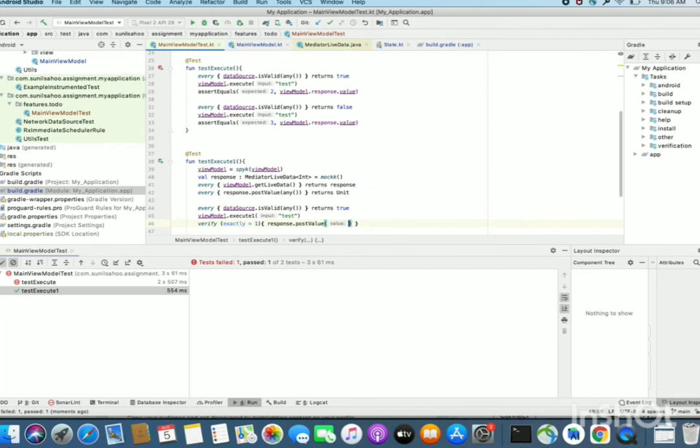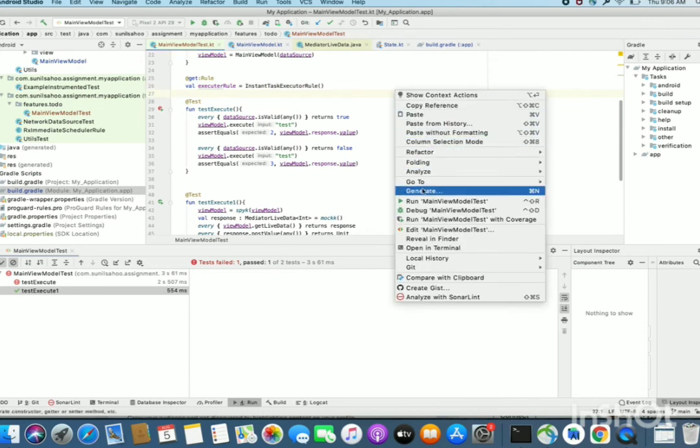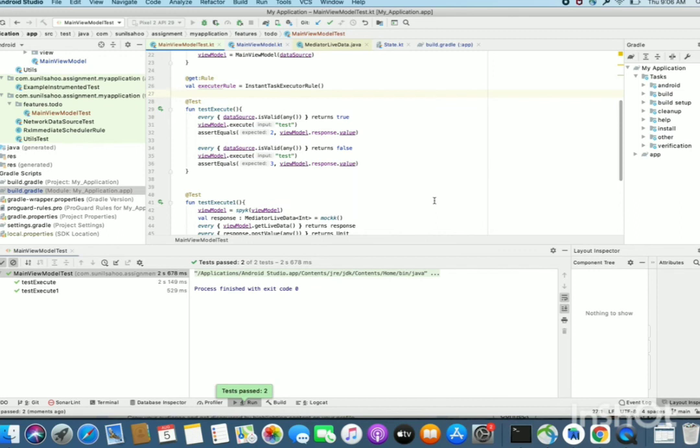We can have the instant task executor rule and write both approaches. Let's see. Yes, it worked. In this way we can verify our methods which have live data.